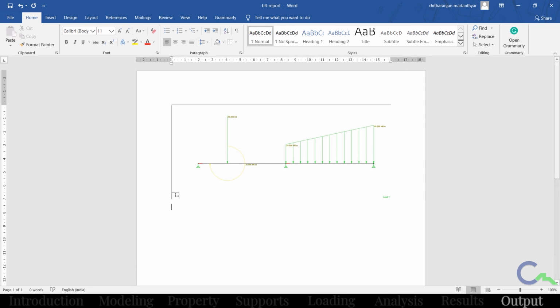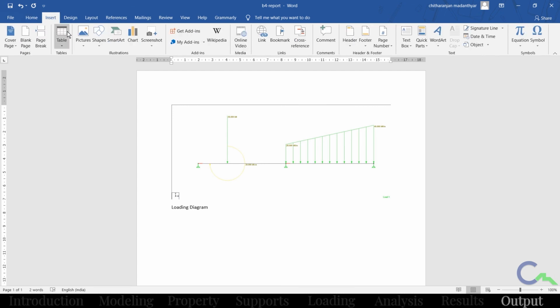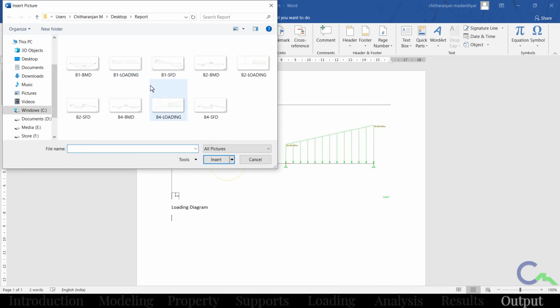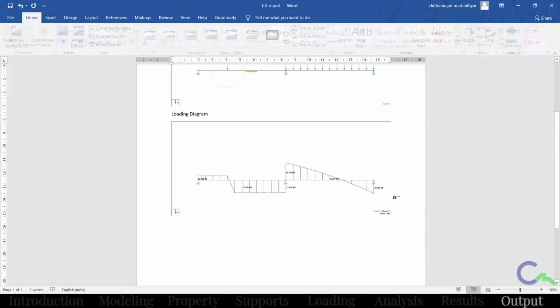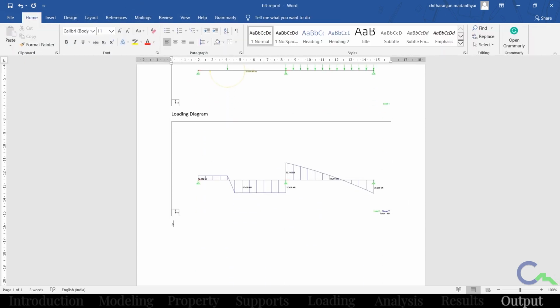I will give the caption, loading diagram. Next I want to import SFD, that is shear force diagram. Go to insert option, picture from this device, B4 SFD. I will name this as SFD.